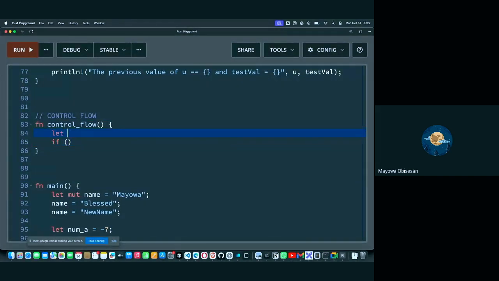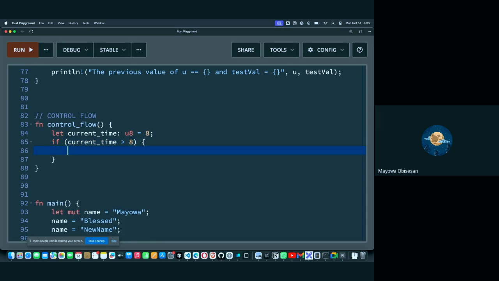Now let's say current time. I'll just specify this as u8 just for example's sake, equal to 8, right? Now if I say if current time is greater than 8, or let's start with this first of all, then